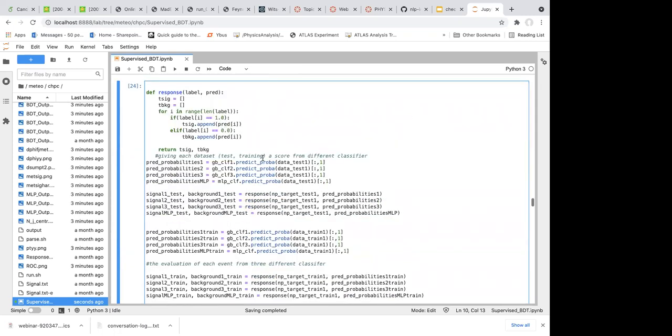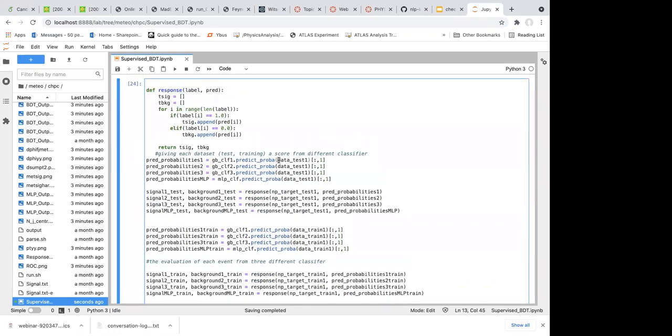Then in this step, we input the test sample. You have to be careful. Before, we used the training sample to train and fix the classifier. Now we use the test sample, and we use the already trained classifier to classify the test sample. That is like doing some scoring, or marking the test sample.